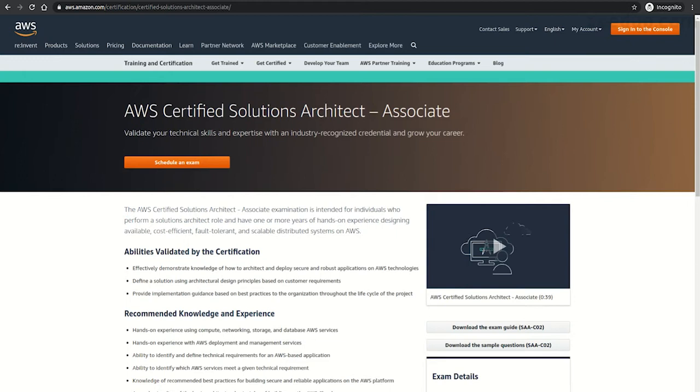Cloud computing is the on-demand availability of computer system resources, especially data storage and computing power, without direct active management by the user. The term is generally used to describe data centers available to many users over the internet. AWS is essentially a data center with a host of services that we will be learning in detail today. Let's dig into the AWS Management Console and try to understand the basics of the platform.